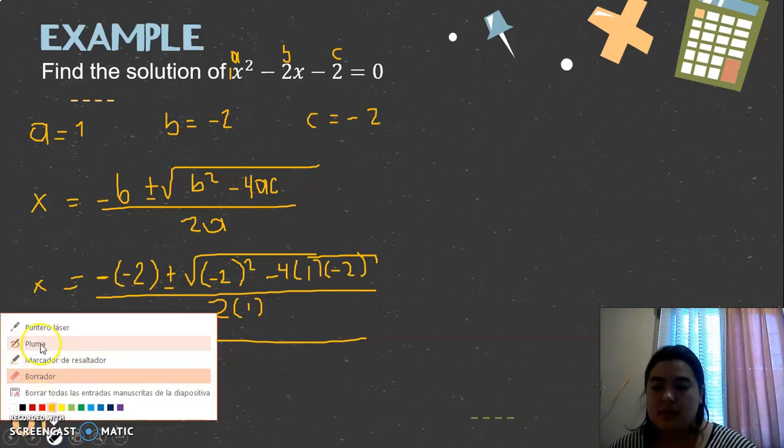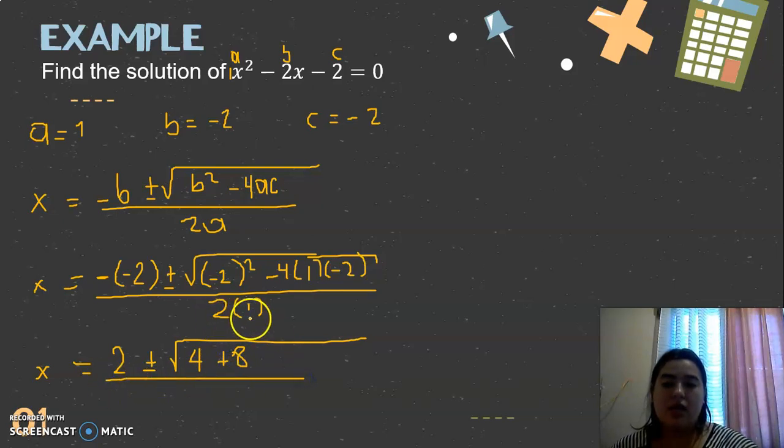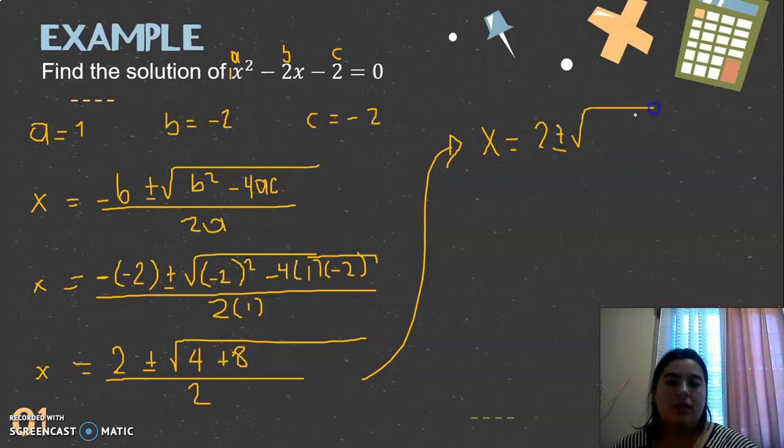Okay, so negative 4 times 1 equals negative 4. Negative 4 times negative 2 equals positive 8, okay? And then 2 times 1 equals 2. Now we have to add inside the square root, so x will be 2, positive or negative, square root of